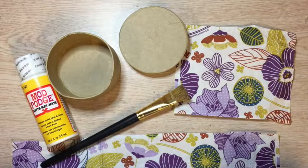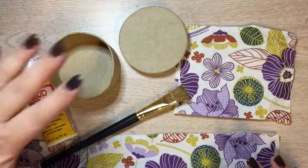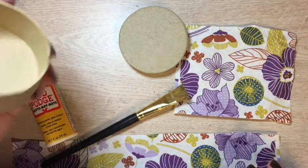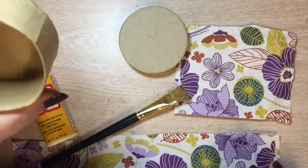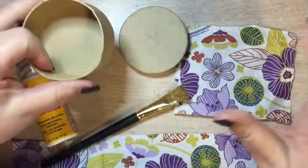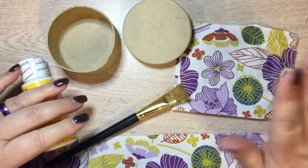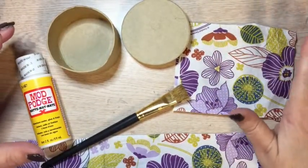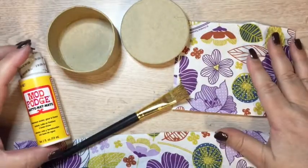Hi, this is Janet, and today we're going to be decorating a box. This is a kind of heavy-duty cardboard box that you can get at your craft store or a dollar store. And then I'm going to be decorating with Rinea foil, but to begin with